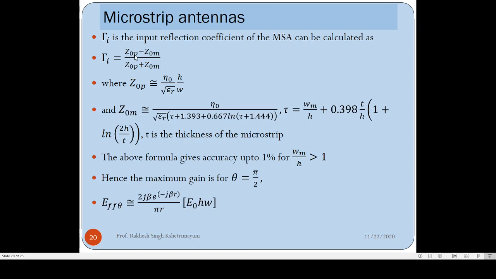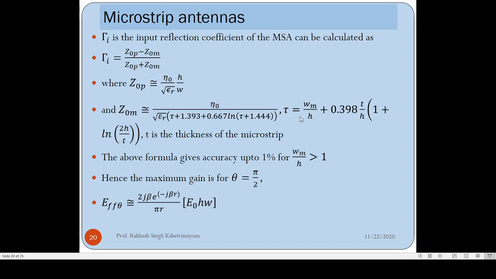And we have also assumed the pads as a parallel plate transmission line. You can find out the characteristic impedance of a parallel plate transmission line. We have already done that at the beginning of this lecture. So Z0P was approximately eta naught by square root of epsilon r times H by W. So you find the characteristic impedance of the parallel plate line minus the characteristic impedance of the microstrip line. The characteristic impedance of the microstrip line can be found from this relation, eta naught by square root of epsilon r into tau plus 1.393 plus 0.667 natural log of tau plus 1.444, where tau is dependent on the thickness